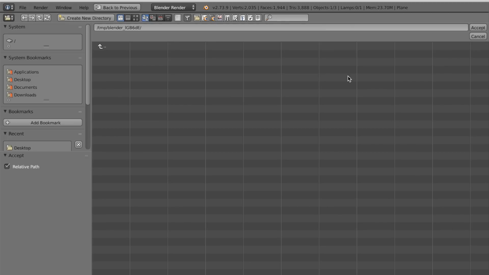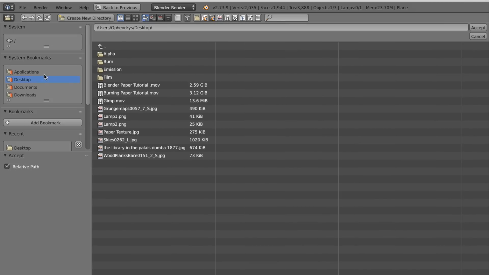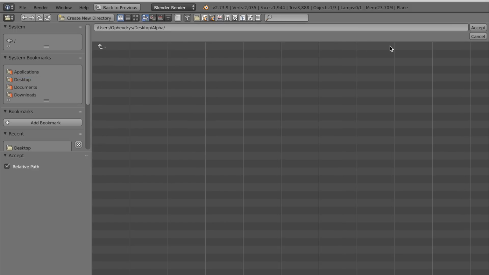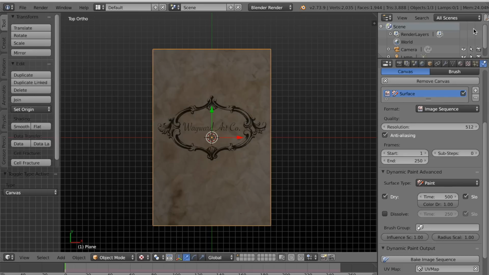And the file destination output, I'm going to direct, instead of the default temp folder, I've created 3 folders on my desktop, one called Alpha, Burn, and Emission. I'm going to select the Alpha folder,